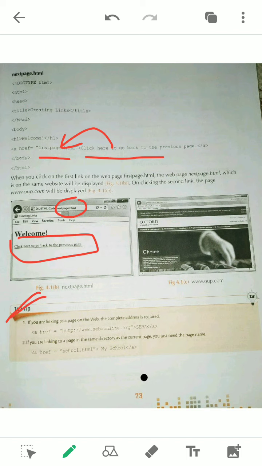Now here you see the tip given. What type of link is this? The first one is http www.sabar.org, which means you are visiting a website. So this is a global link. Here we are visiting a single HTML page, so this is a local link. How could I identify whether it is local or global? If any website is mentioned in href, it is a global link. If any HTML web page is mentioned, it is a local link. How an internal link works, we'll discuss in the next class. Thank you.